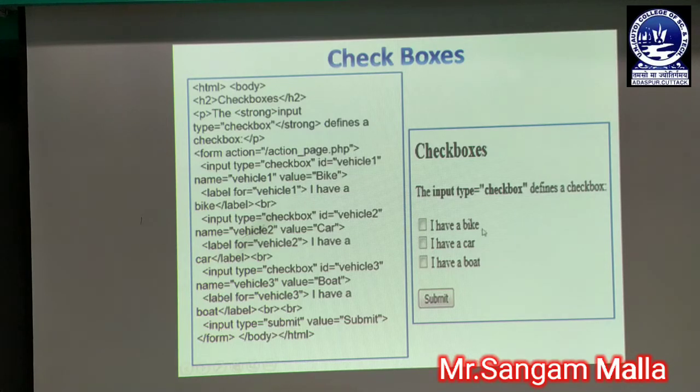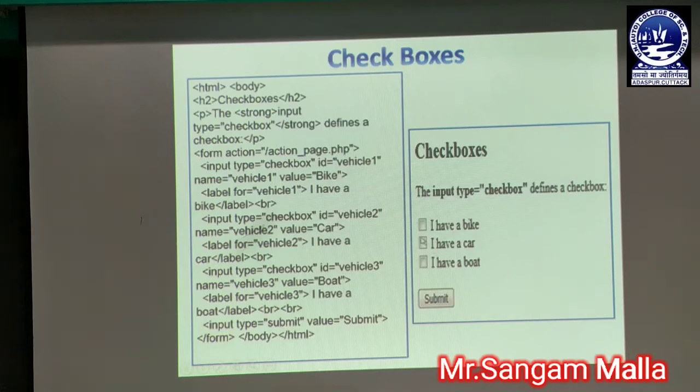After printing, the cursor was over here. Then we have encountered a BR tag, so the cursor has moved to the next line. So we have to give another checkbox over here. We have written input type equal to checkbox where the ID and name have been changed from vehicle1 to vehicle2 in the ID and name attributes, and we have given value equal to car. That means whenever we click on this checkbox, the value car will be transferred to another web page.